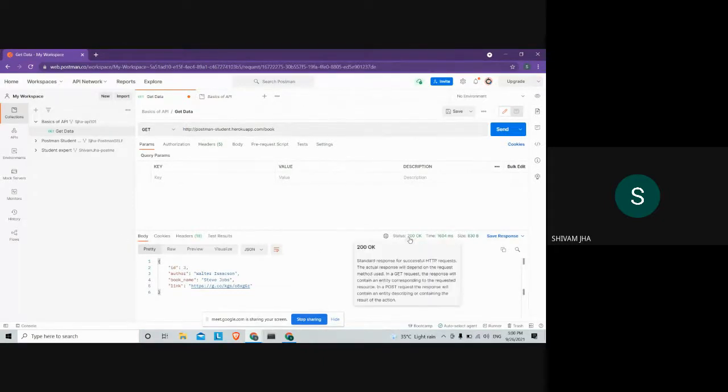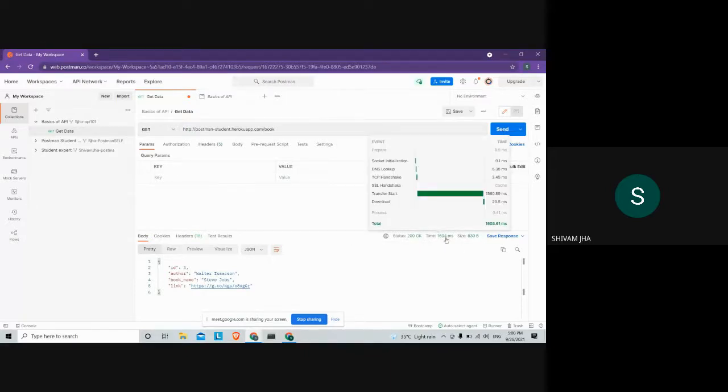Okay, so yeah, now here what we'll see is a status code, 200 OK, which seems perfect and good to go. We are good to go with our API session. And this time, 64 milliseconds, is basically to let you know the latency. The latency can be used for development purposes, to test your API's response.